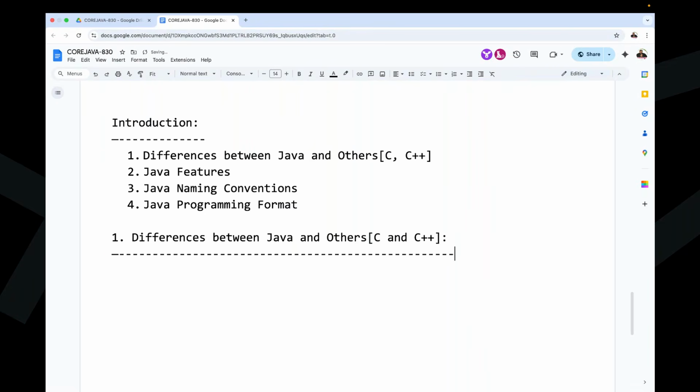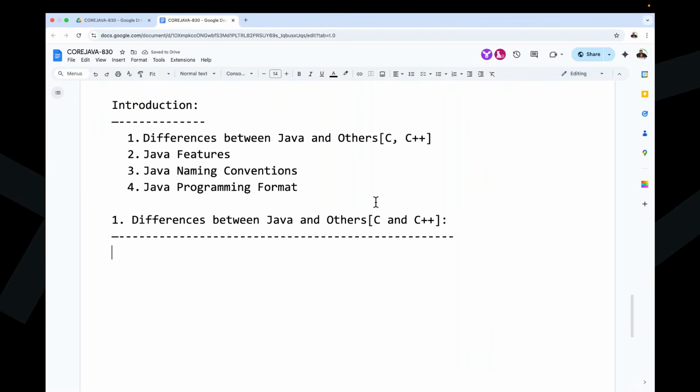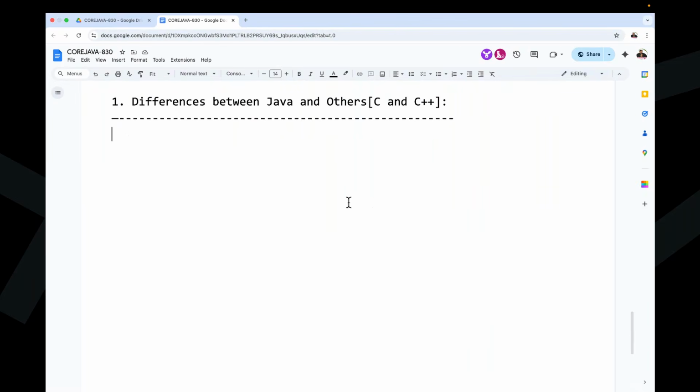Alright, so now I'm going to give one simple conclusion to all of you guys. Observe carefully. The conclusion is, most of the people believe that if you want to learn Java programming language, first we have to learn C++. If you want to learn C++, first we have to learn C programming language. So people are forming a chain process. Here the chain process is: first C programming language, after that C++, after that Java.